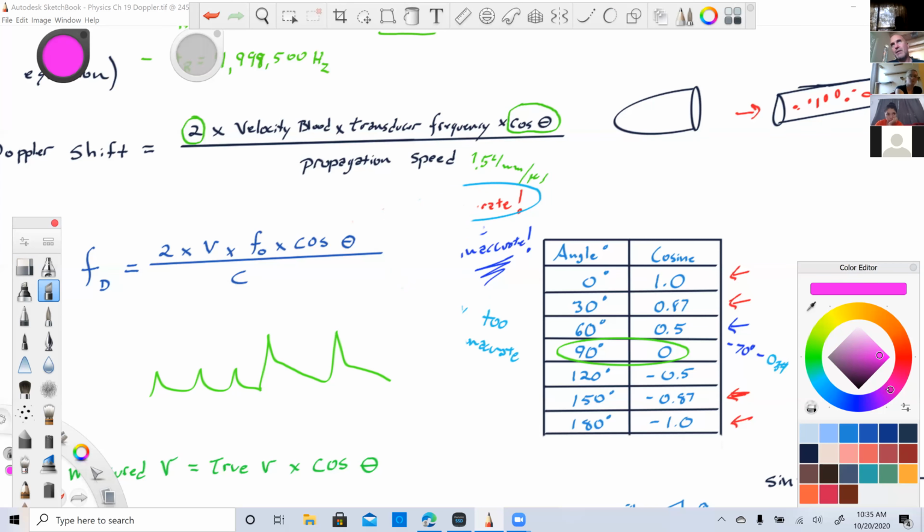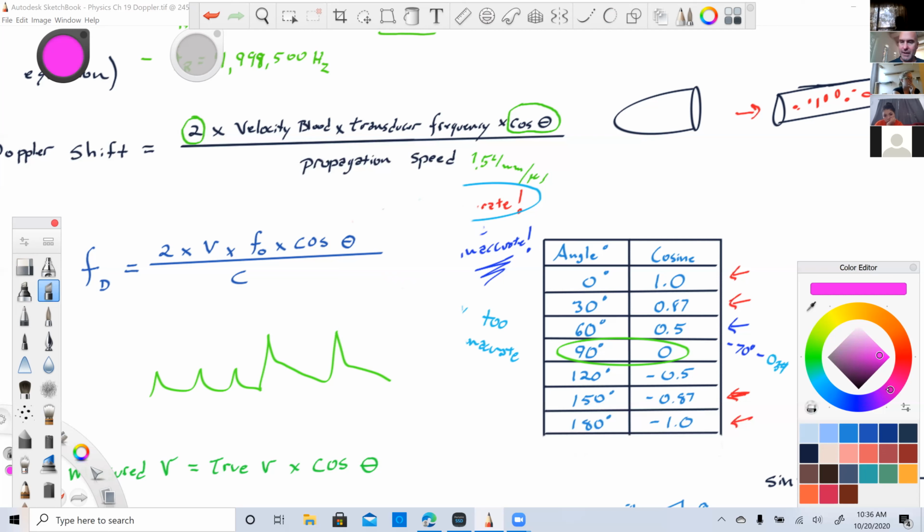Now, normally we could handle that by simply changing our PRF, pulse repetition frequency, and that changes our scale. We could move our baseline. That doesn't really change our scale, but it might help anyway. But there are some times that you just can't fix it. Well, so one thing to do is